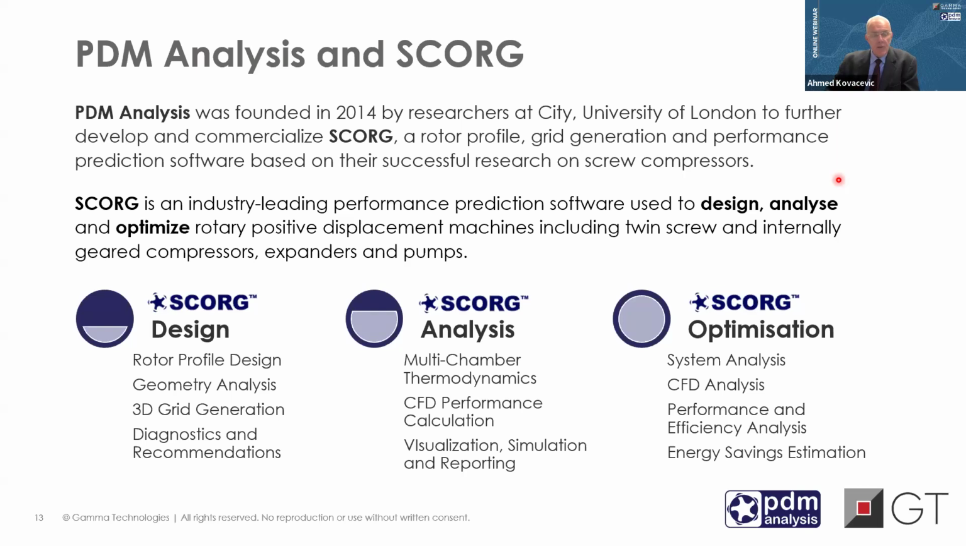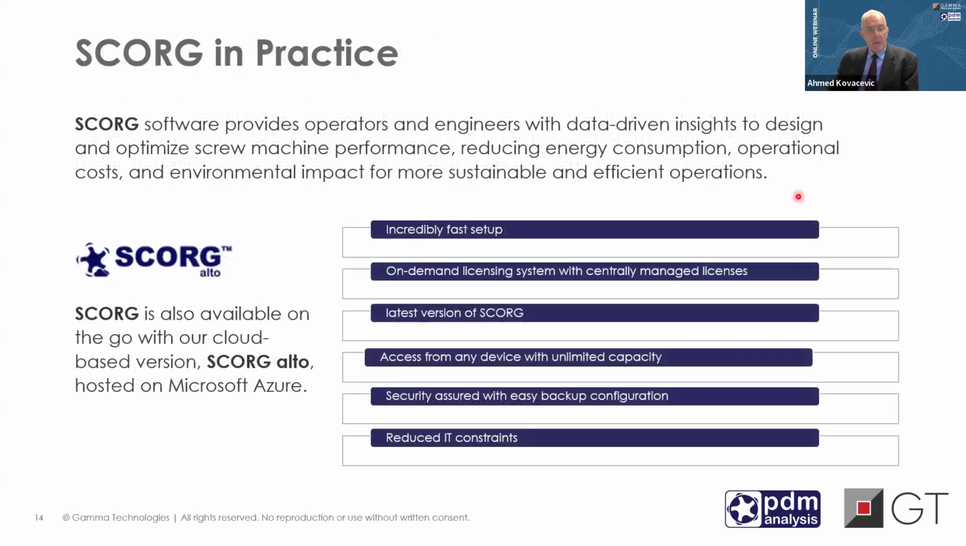So, and this is a software, SCORG. And SCORG is, at the moment, we believe, industry-leading performance prediction software used for design, analysis, and optimization of rotary positive displacement machines. Part of the fact is that SCORG provides operators and engineers with data-driven insight to design, which can be basically on